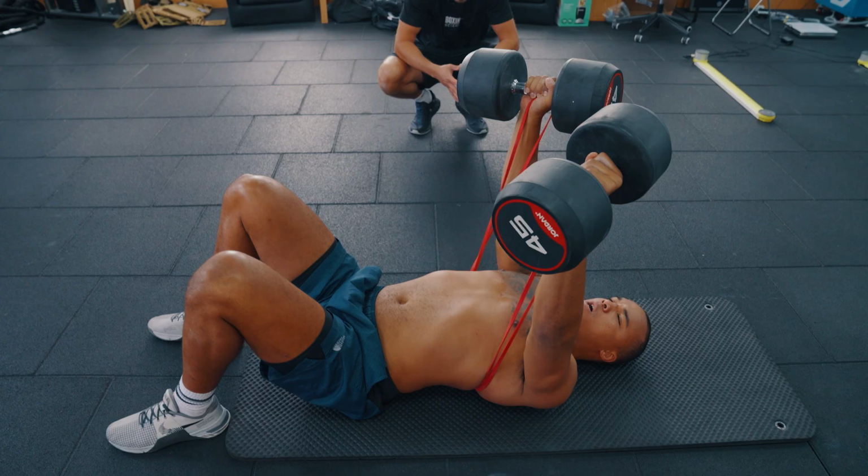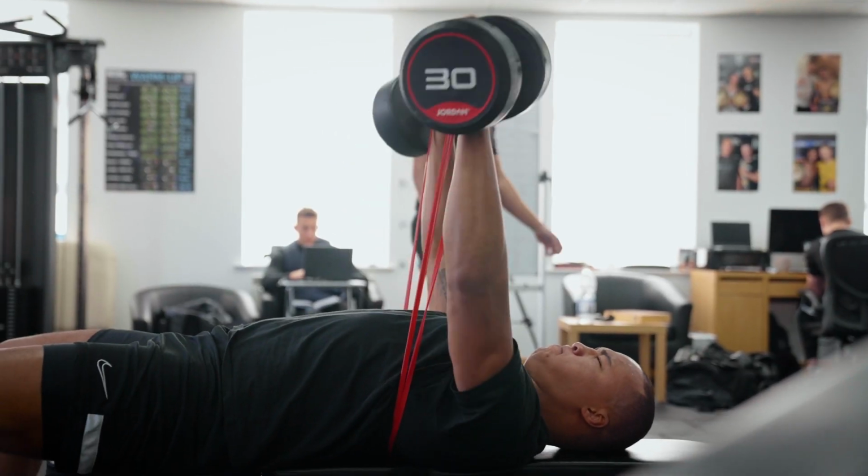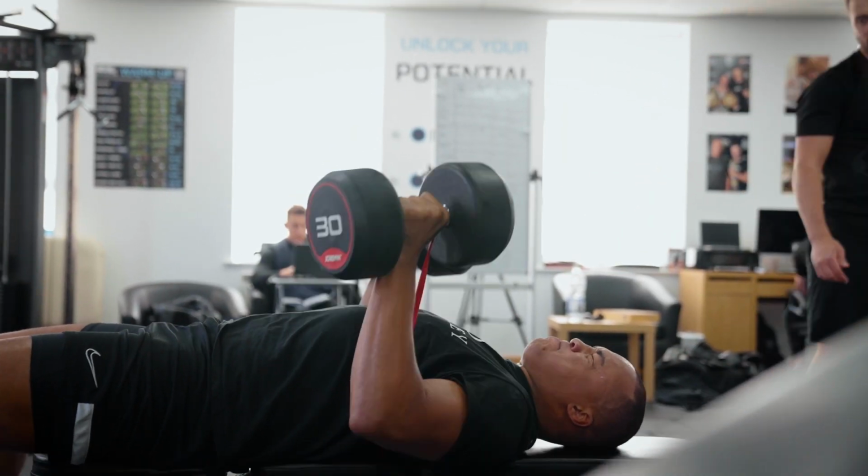Now, if an athlete is struggling with their range or struggling with their core strength whilst doing a pressing action and they find it hard on their lower back, I would go feet on the bench or be doing a floor press where they can get their feet tucked in, get their core tense and lower back against the bench. If they don't have that issue, I'd always go feet on the floor because this creates a stronger foundation to